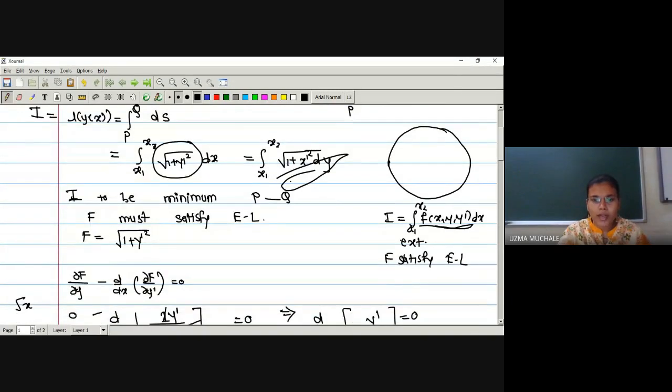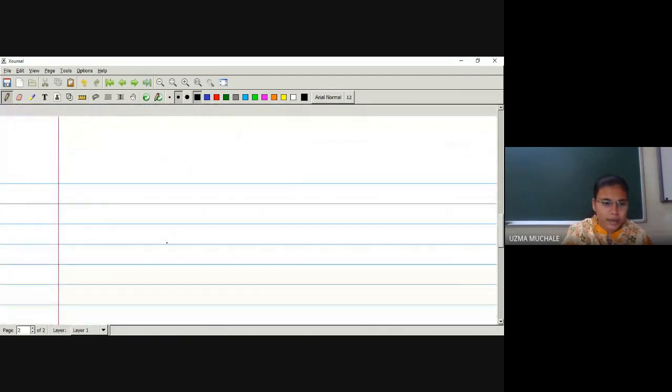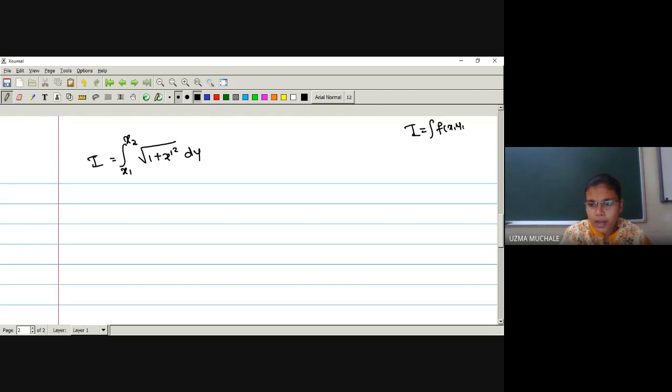So let me show you what will happen if we are going to use that. Okay, same result, no doubt. We are going to take the integration from x1 to x2 of under root of 1 plus x dash square dy. Correct? Okay. Now, if you go back to our result, what is our result? Integration of f of x, y, y dash dx. Integral I is extremum. It may be either minimum or maximum if f satisfies